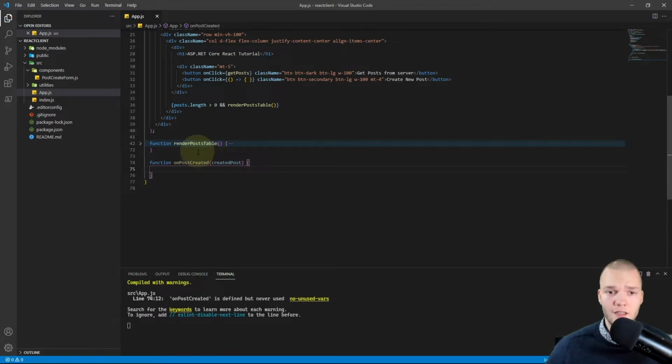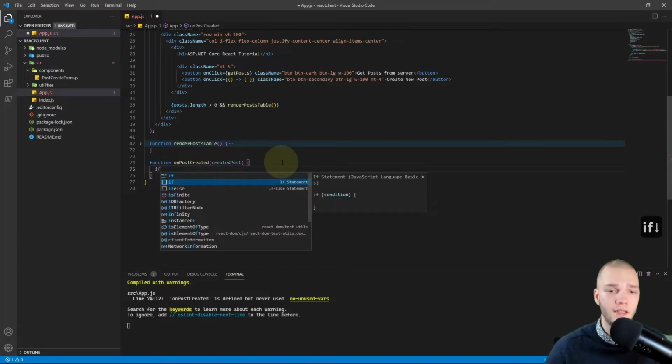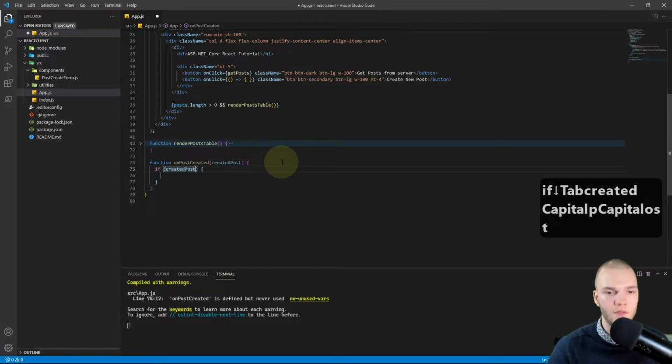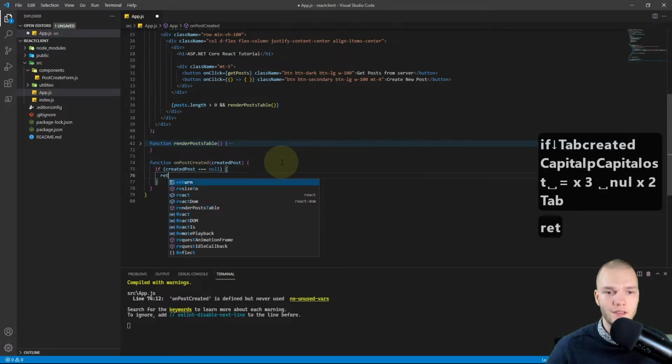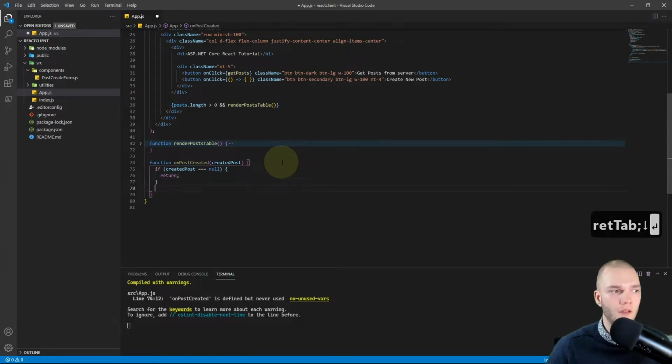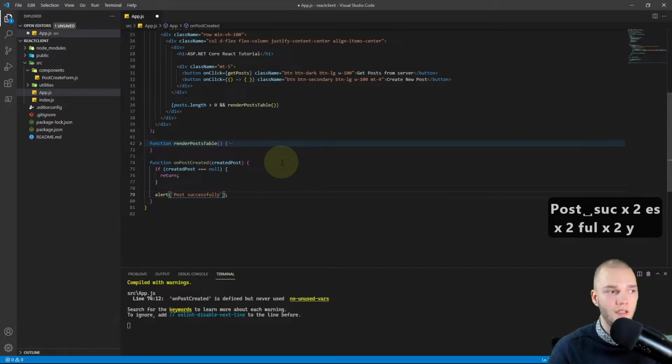right? If we hit cancel, we're going to call this onPostCreated and pass in null, and if it's successful, we will receive the created post. So let's check if the created post equals null, and if that's the case, we will return, so do nothing else. I want to do just a simple alert, and I'll use backticks for an interpolated string, and I'll give in "Post successfully created.